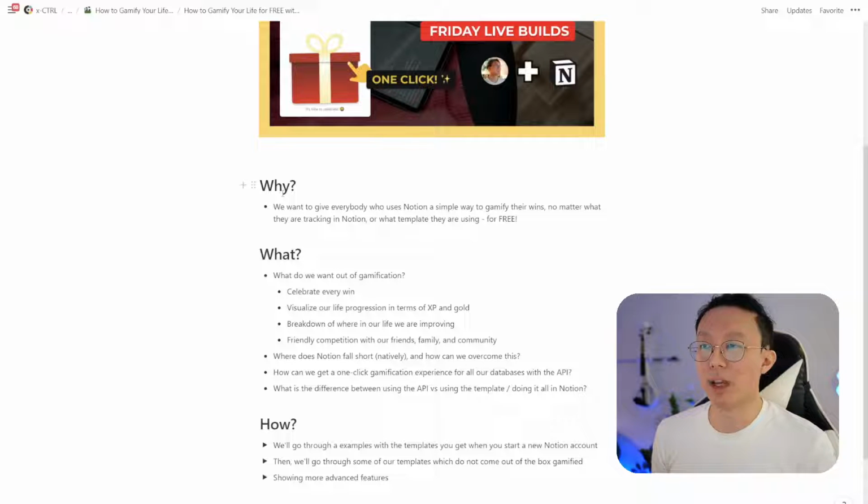For example, you might have the finance tracking databases, you might have the content creation databases, you might have My Network, right, where you keep in touch with your loved ones. Those ones aren't natively connected to the gamification because it just is extra work to do, right? There's formulas and rollups and all that. And if you don't want to do that in Notion, then using the API will be very nice for you because you'll be able to just connect and get that gamified.